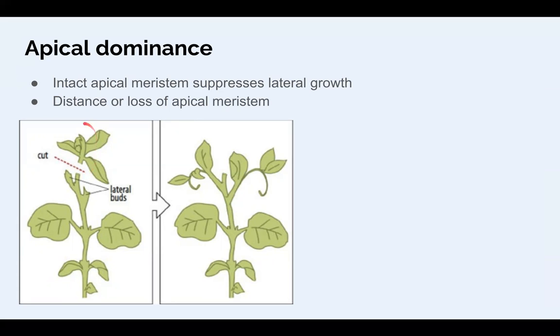So losing the tip here just means that they're going to kick in some growth from some of these side shoots. So the theme is the same, whether the plant has grown up and the apex is far away from these, or if it's been cut and the apex is no longer there. In both cases, the apical meristem is not giving a signal down to those axillary buds. And so that's kind of the theme, that it's sort of a signal, or some of the new thinking, as we'll see, is that